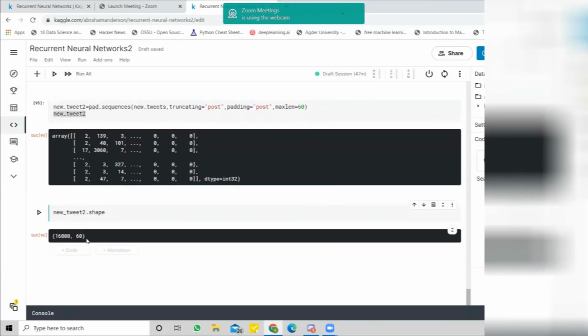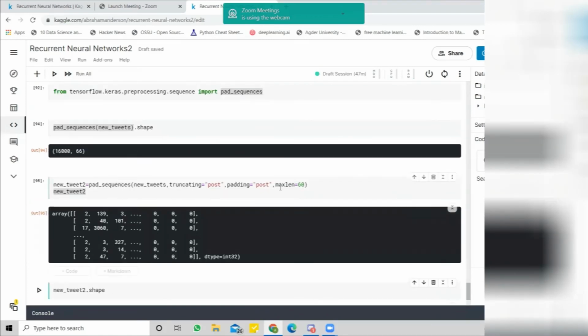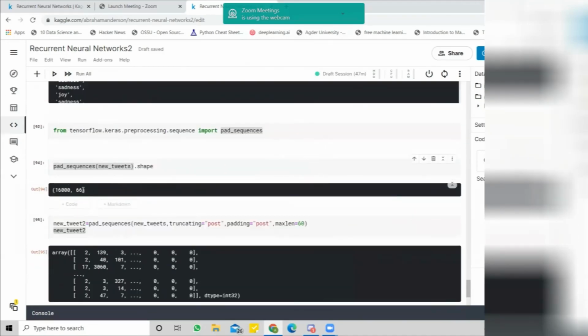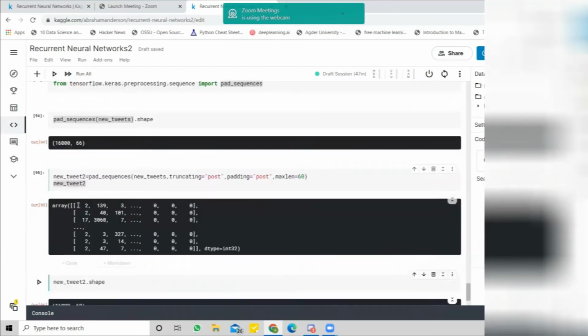As you can see now, we have 16,000 rows, but these are the number of columns, which represent the number of words inside every tweet. But because we designed a limit for the length of the tweet, now the shape has been lowered from 166 to 60.